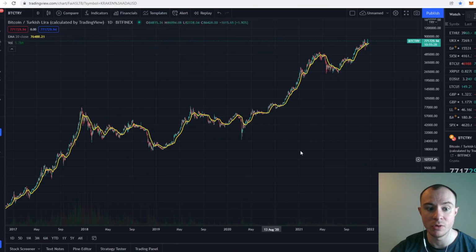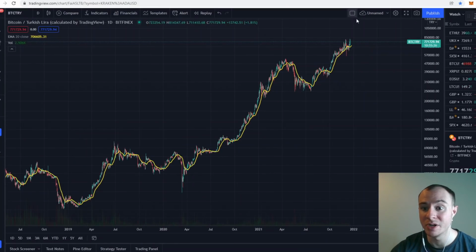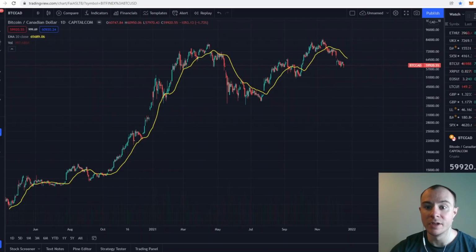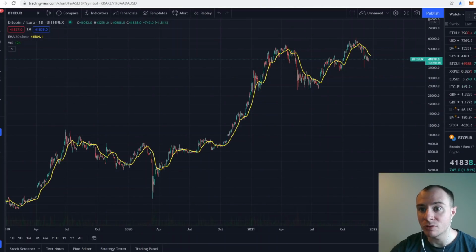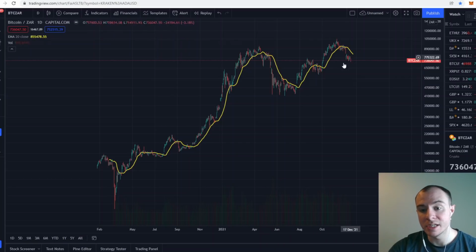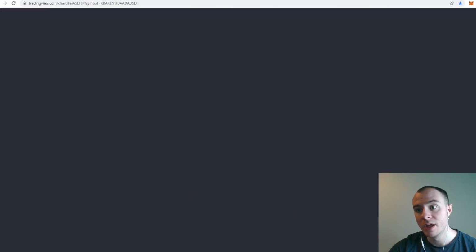And you can see Bitcoin, in association with it, actually put in a new high yesterday, in opposition with some of the other currencies that we compare Bitcoin against that are still in a downtrend, some more than others. Certainly, if we look at, for example, the South African Rand, you can see that it's not doing as badly as some of the other currencies. So they all have their own kind of flow.